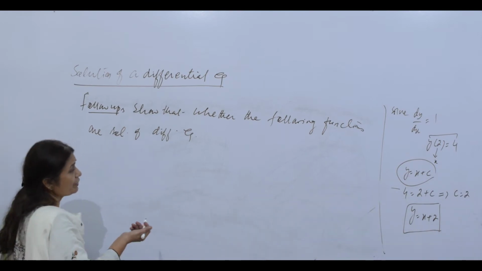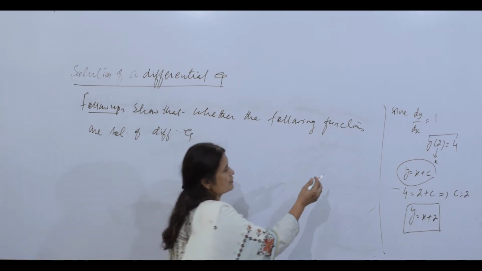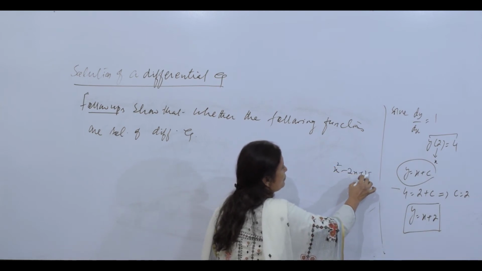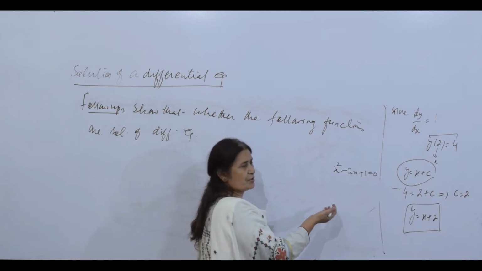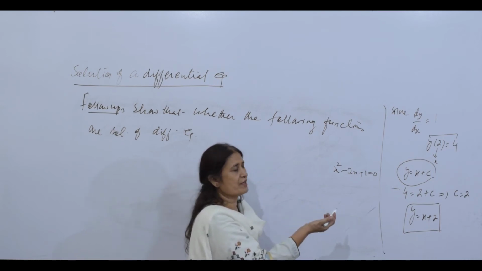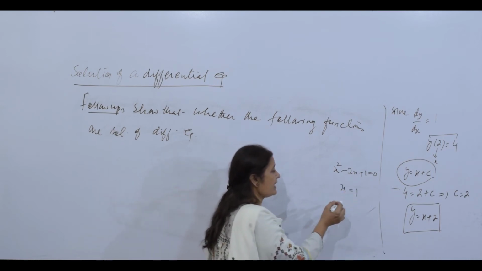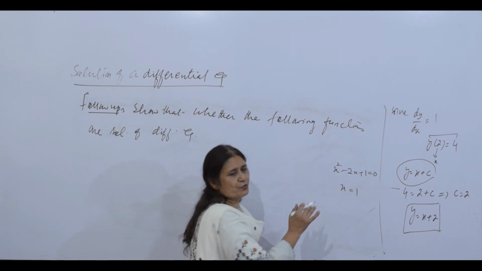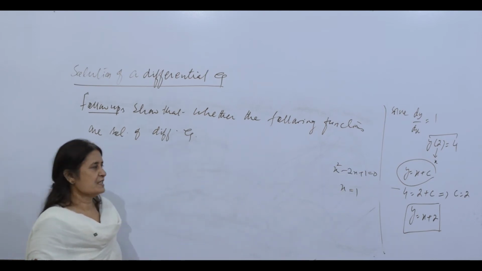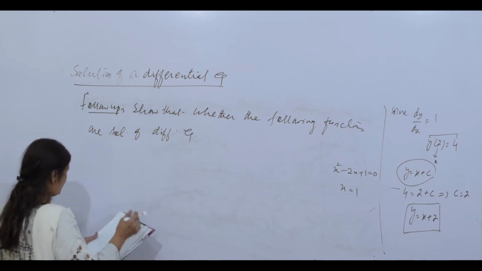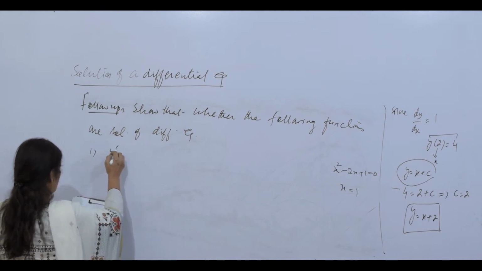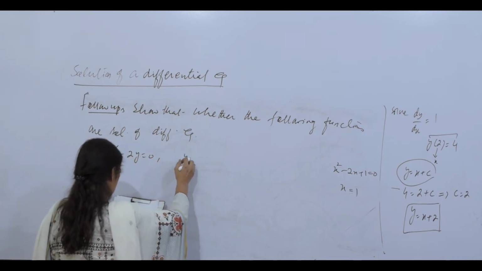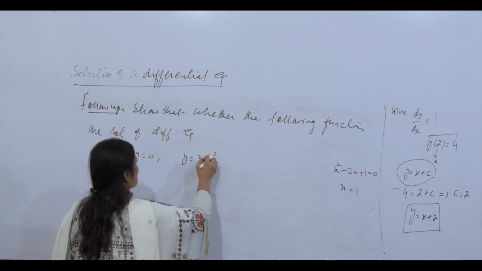If not, then not. For example, in FSC or in matriculation, you can have 2x plus 1 equal to 0. This is a quadratic equation. This is not a differential equation, it does not have a derivative. I said if x is equal to 1 is a solution, putting x is equal to 1, and if your equation is 0, it means this is a solution. So question number 1, y dash plus 2y equal to 0 and y equal to 3e to the power minus 2x.